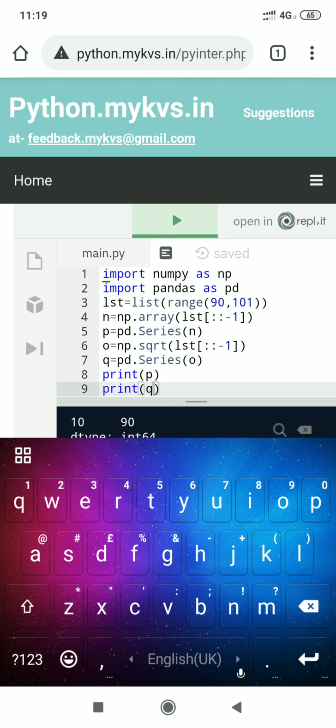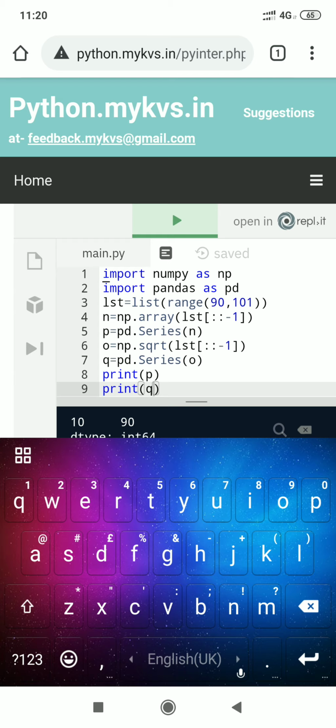So we are creating a NumPy array by passing LST and mentioning that elements are to be accessed in reverse order. N is created as a NumPy array. Then with the help of that N, we are creating a pandas series.